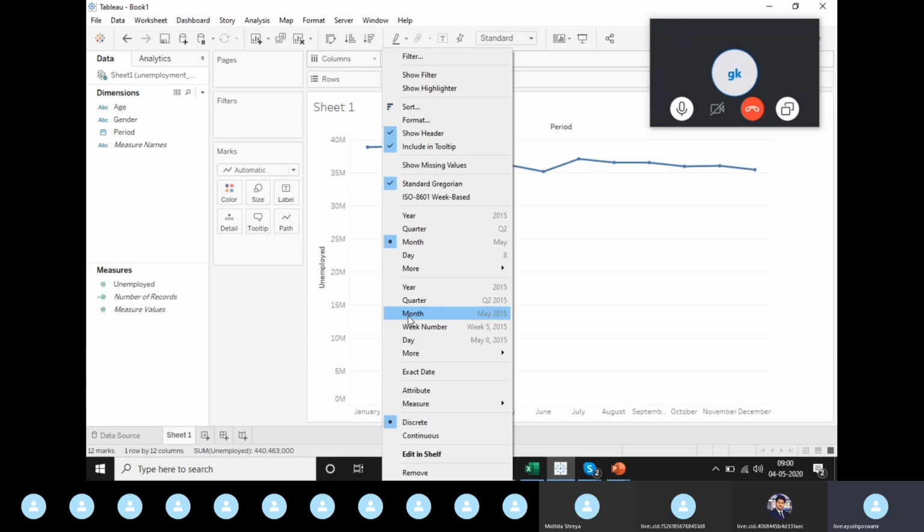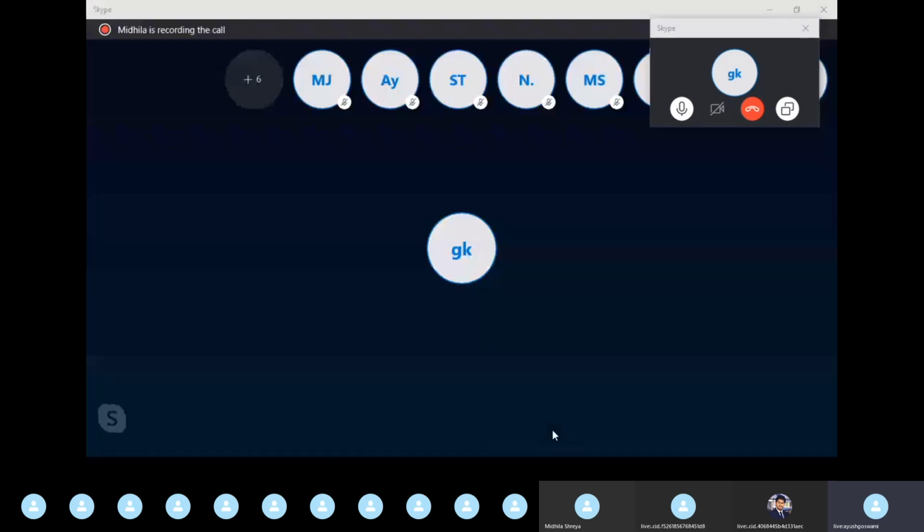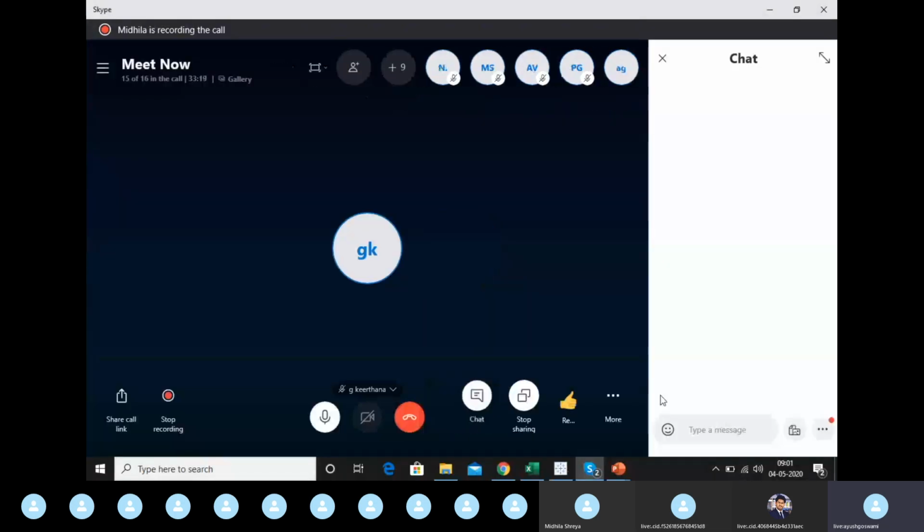But once you select the second month, it will plot January in a timeline way. So whatever Januaries are there in 2005, it will plot there, and the same way February, March, and it will do this for each year. So we'll see that our timeline granularity has changed, and there will obviously be more data points here, right? I hope you guys have understood this, and we'll proceed further now.